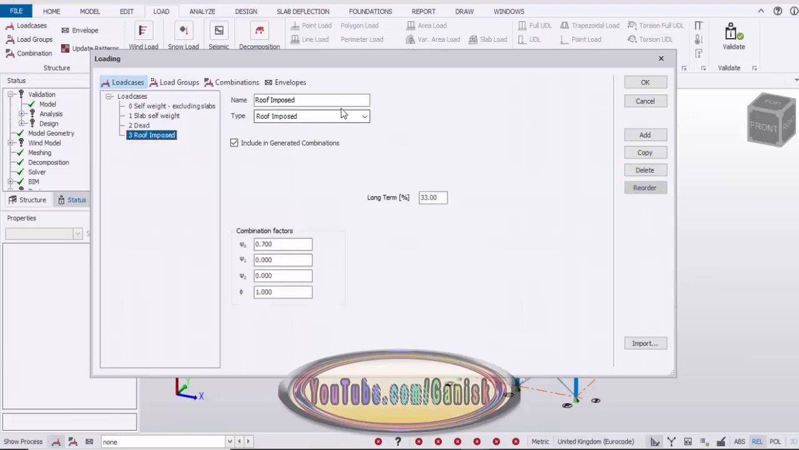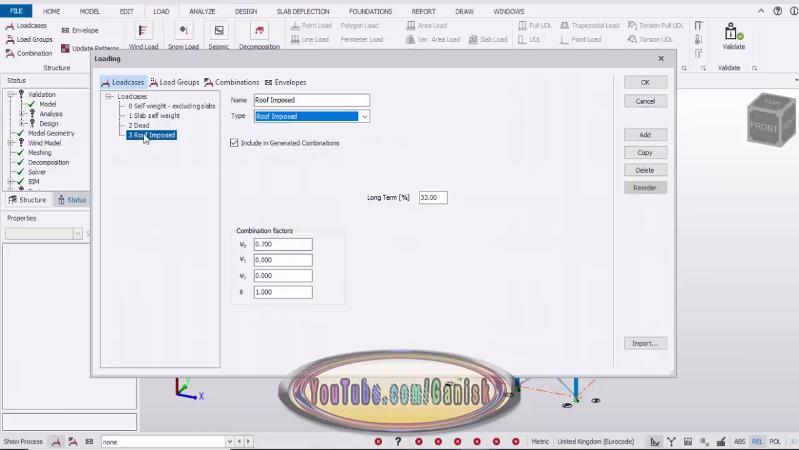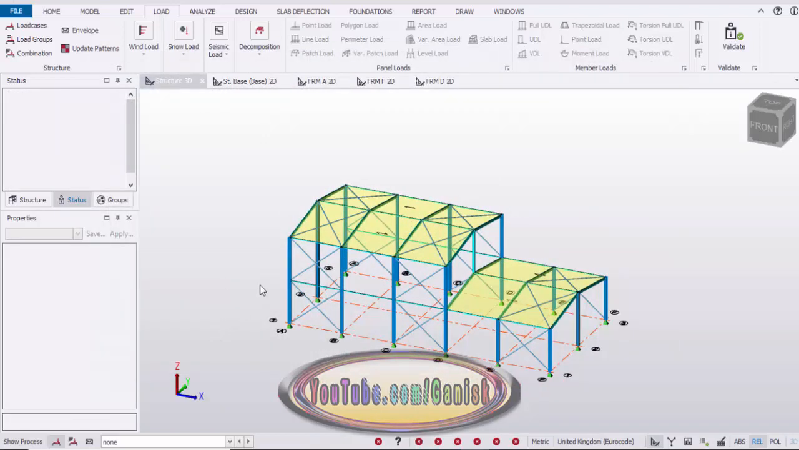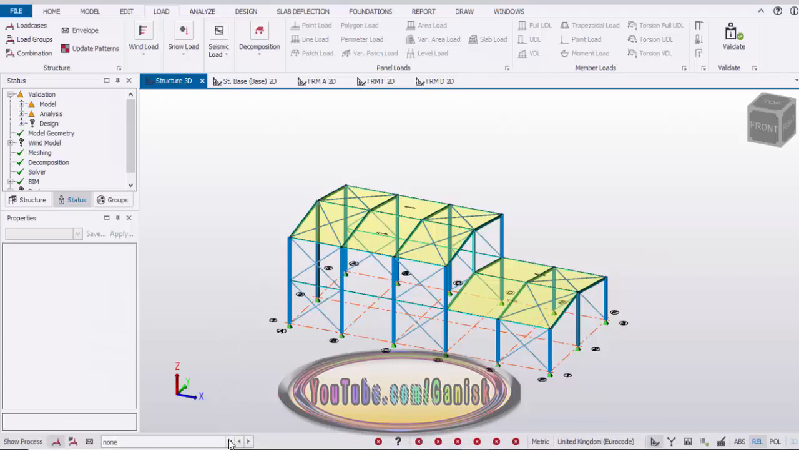If you want to take another load, you can click on here add and rename it here, and you can choose from here. For example, take snow load or any other loads. Okay, currently I'm going to take only two loads, dead and roof imposed load. Then click on OK. Now I'm going to apply this load, so click on here at the bottom and select here